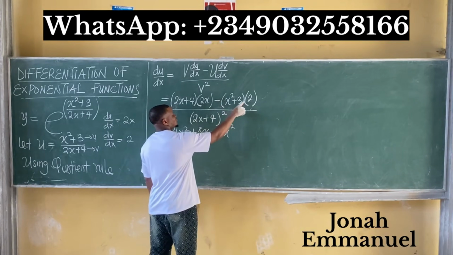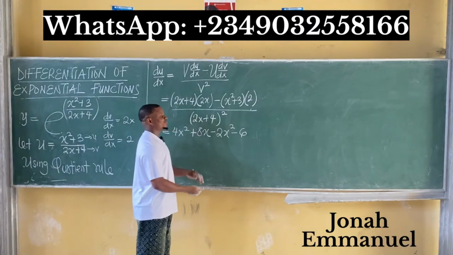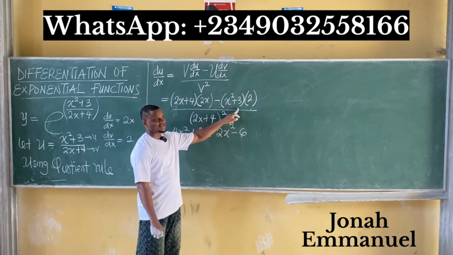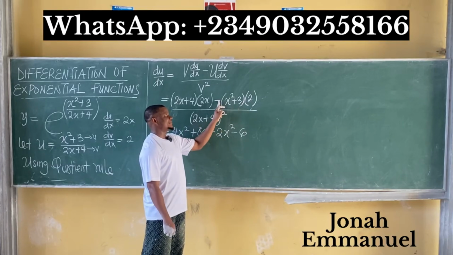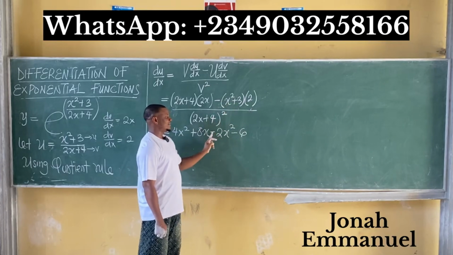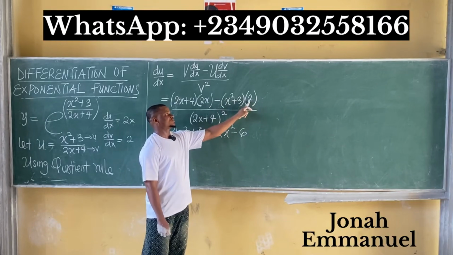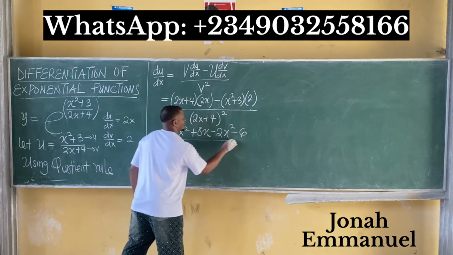Again, minus 2 times 3 gives minus 6. Many persons usually make this mistake. You say minus 2x squared plus 6. It's not plus 6, it's minus 6. This minus affects the 2 and then the 3: minus 2x squared, minus 6, all over